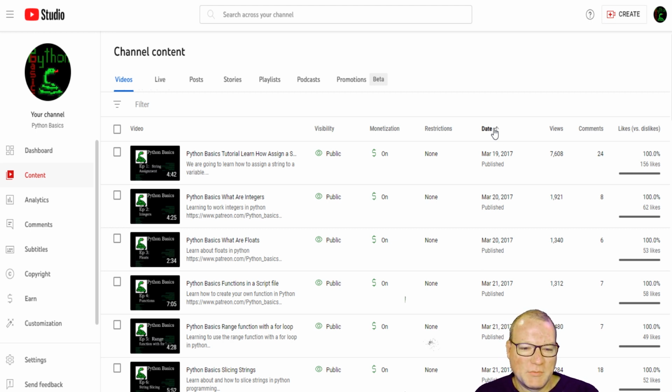but it covers all the bases. It starts with strings and integers and floats and what they are and how they react differently in the world, and then we go through some range functions, what a list is, what dictionaries are, and we talk about the type of variables, the type of objects, and things like that. So this is a channel that has absolutely everything you need to know.